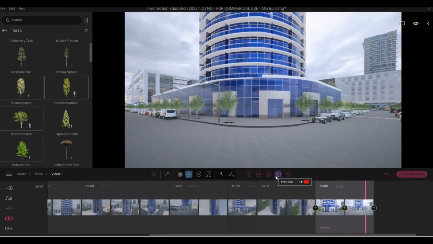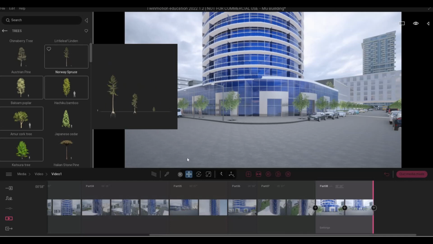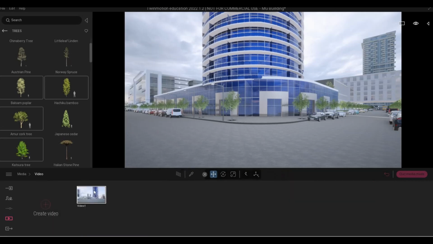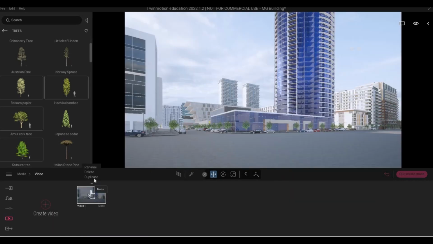So that's it. That's your final view. And then after that, I do it with the shorts. So I'm gonna duplicate this, rename this as show reel. This is how I do it. I just rename it. So you guys can rename it whatever you want. Shorts, and then click on more,